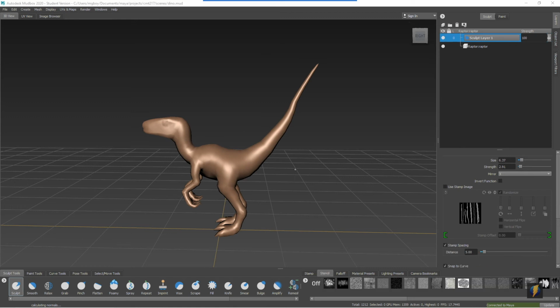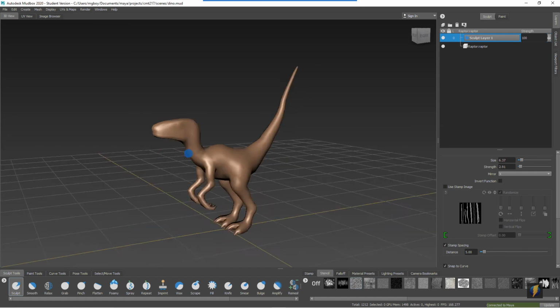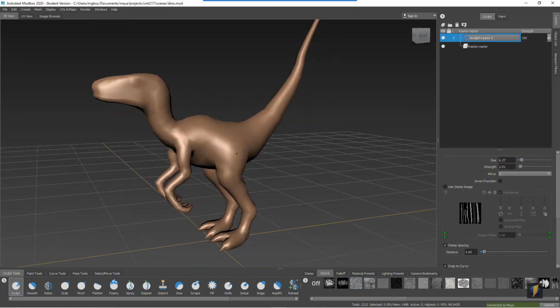So if you have some familiarity with creating skeletons and binding meshes in Maya, there is some functionality to be able to bring in those skeletons and joints from Maya so that maybe you have something a little bit easier to pose, a little bit more functional to pose than just relying on